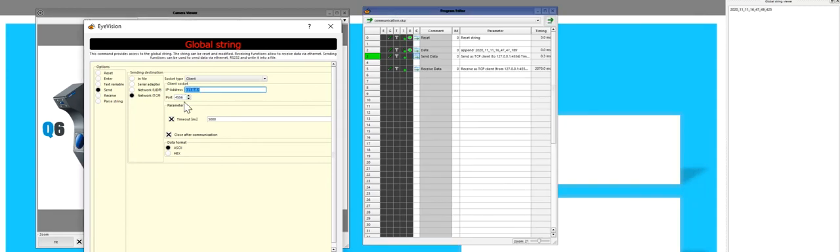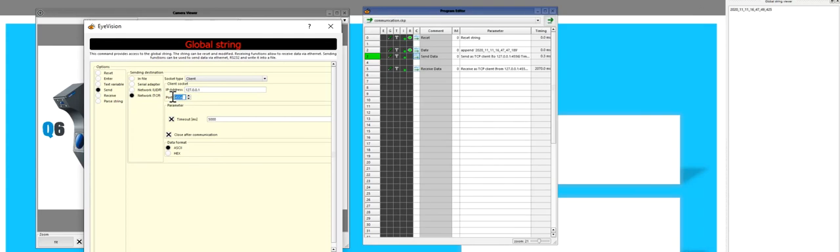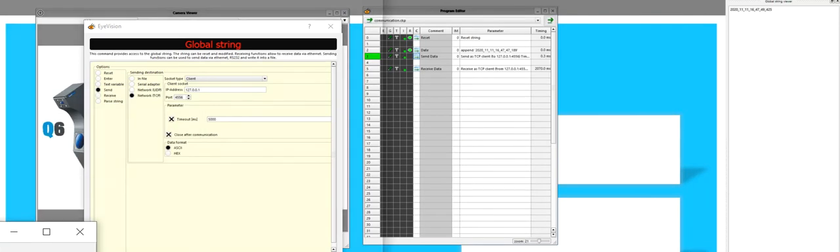Okay, so if you are on the same PC, you know much better than I do. The IP address should be this. The port numbers should be equal. In Hercules, this is also the same. And right now I will choose ASCII format because we are sending text data. So okay,